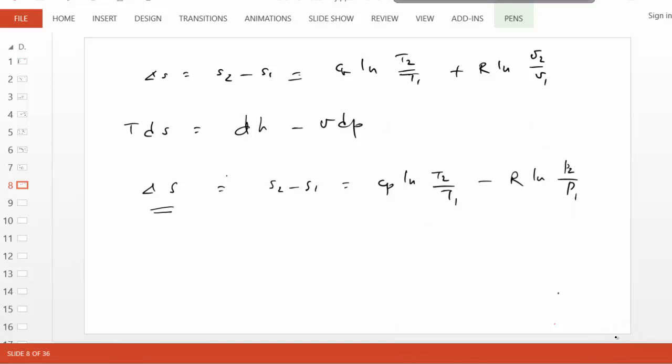But what's amazing about these entropy equations is that if entropy is constant, and we'll find many practical situations where a system has undergone a change, but the entropy did not change. In that case, notice that we get a relationship between temperature ratio and pressure ratio here. For instance, if delta S is 0, you can write